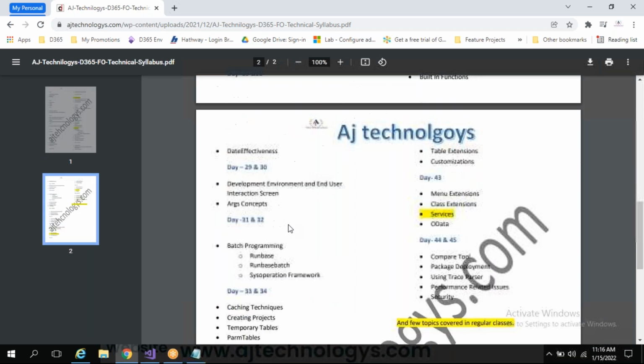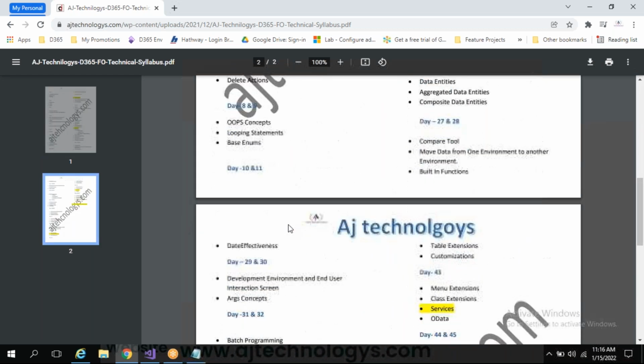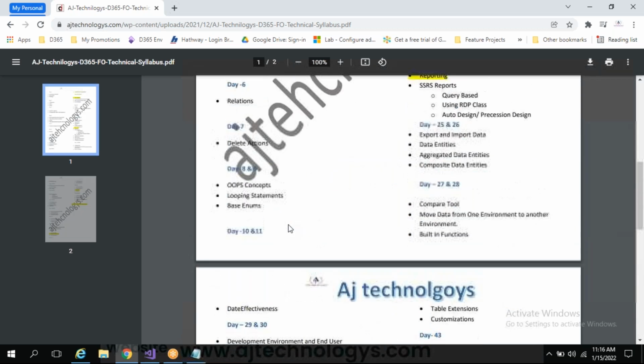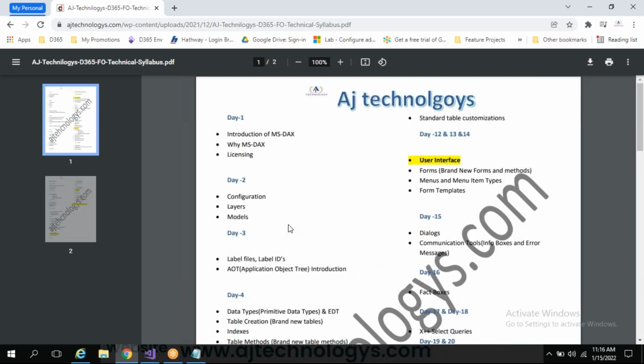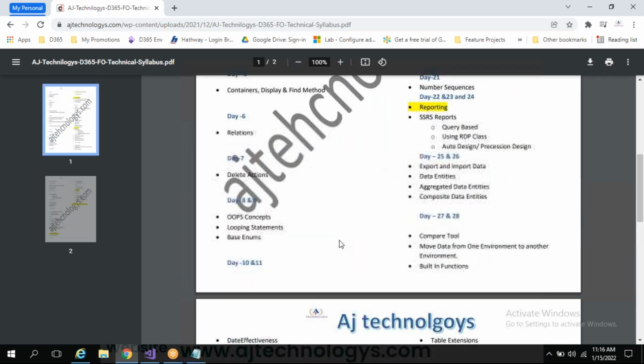I divided this as a 45 hours program. The syllabus I will share with you. Please go through this syllabus. We can understand, and we are going to cover all the topics I mentioned here. OOPs concepts I have also included here. If no one knows about OOPs concepts, don't worry, I can teach OOPs in this